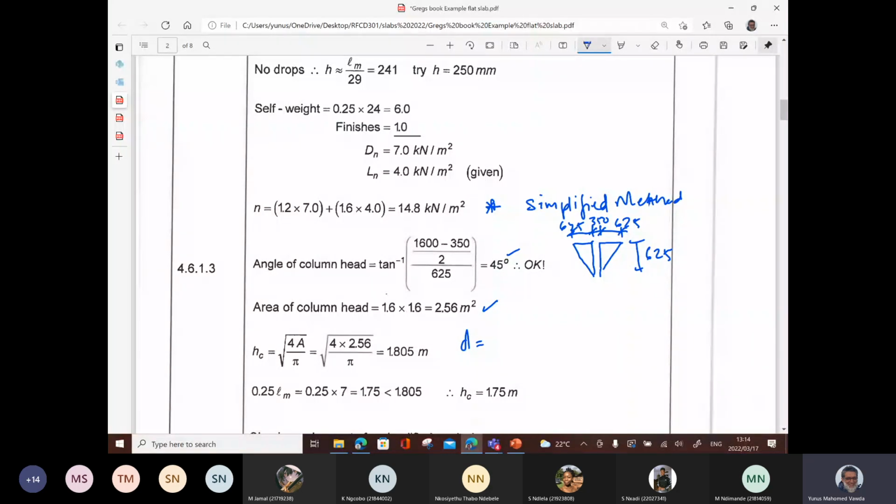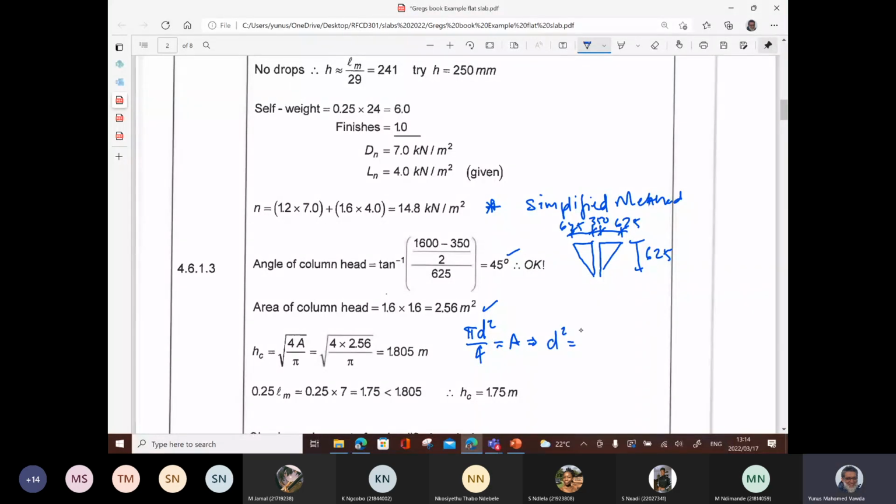Pi d squared divided by 4 is your area for a circle. So basically what you're saying is d squared is equal to 4a